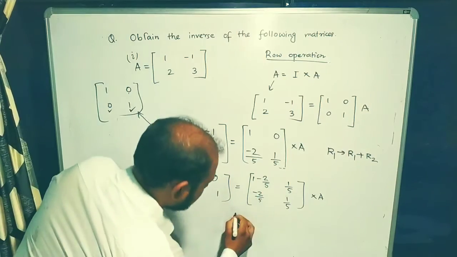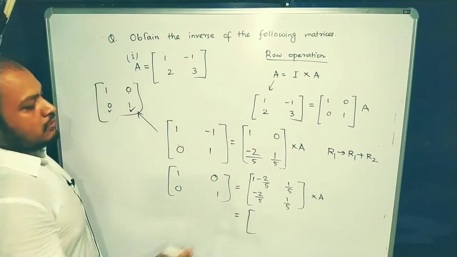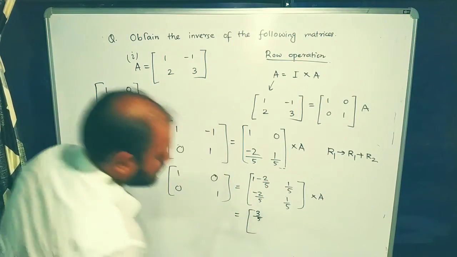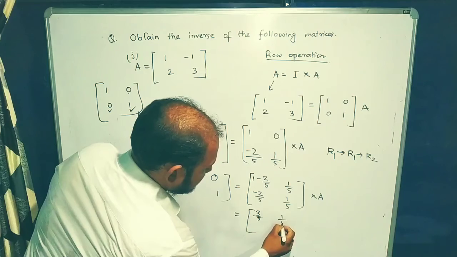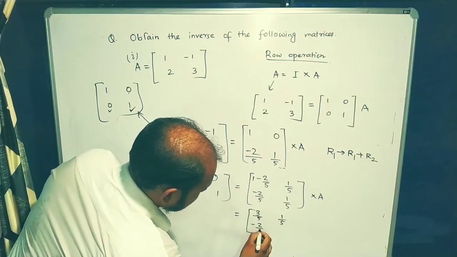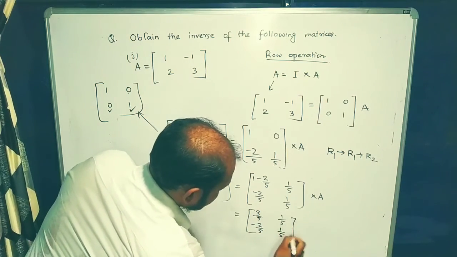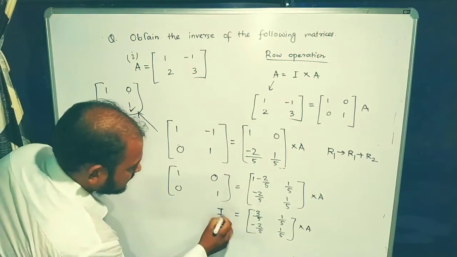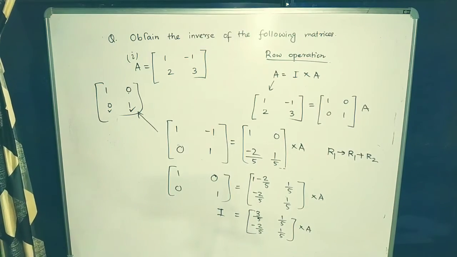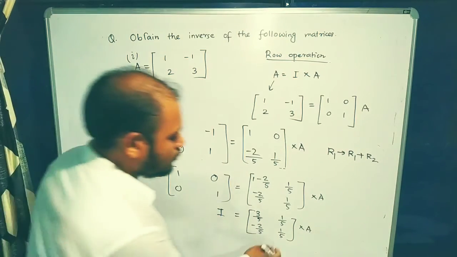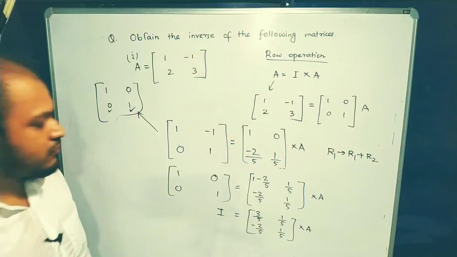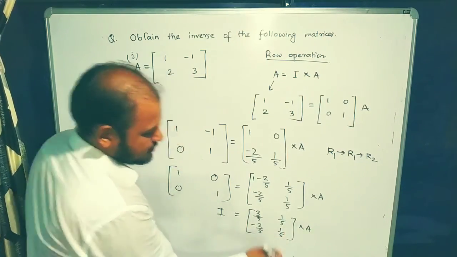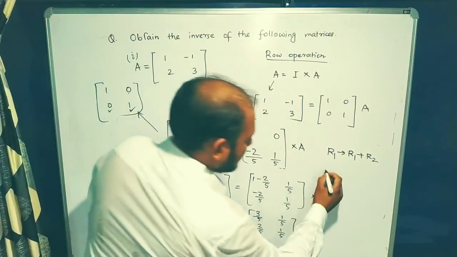So try to do this. It will be equal to, what is it? 1 minus 2 by 5 is 3 by 5, and it is 1 by 5. It is minus 2 by 5, and it is 1 by 5, multiplied by A. What is this? Identity matrix. And according to the definition of inversion of matrices, we know that when two matrices are multiplied together and we get a result of I, then the inverse of one matrix is the other matrix. So we are seeing that A inverse,